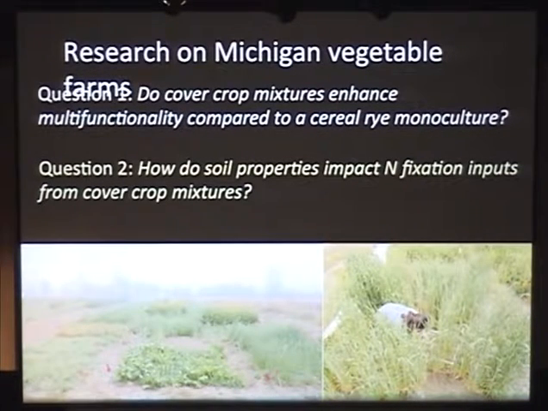So biological nitrogen fixation is a symbiosis. You heard about it earlier, I think, from Sarah, and it has an energetic cost. The legume plant has to provide carbon to its bacterial symbiont, and so if there's a lot of nitrogen available in the soil, the legume won't fix as much nitrogen. So we predicted that nitrogen fixation inputs would decrease with higher levels of soil nitrogen availability. Now this has been tested a lot in greenhouse conditions with inorganic nitrogen sources, but very rarely on actual farms, thinking about nitrogen availability from decomposition of organic matter.